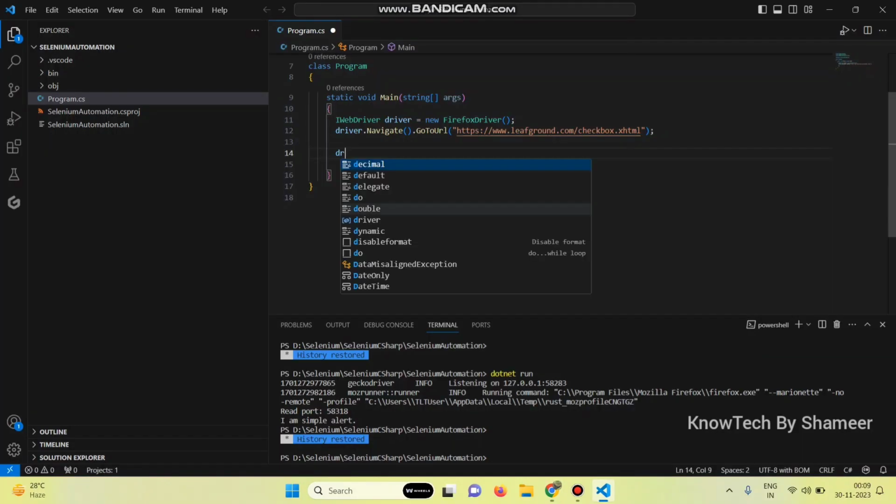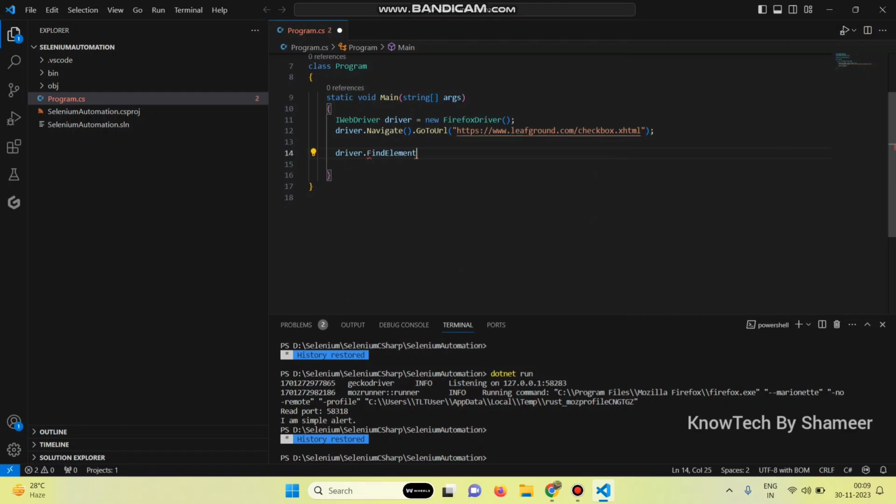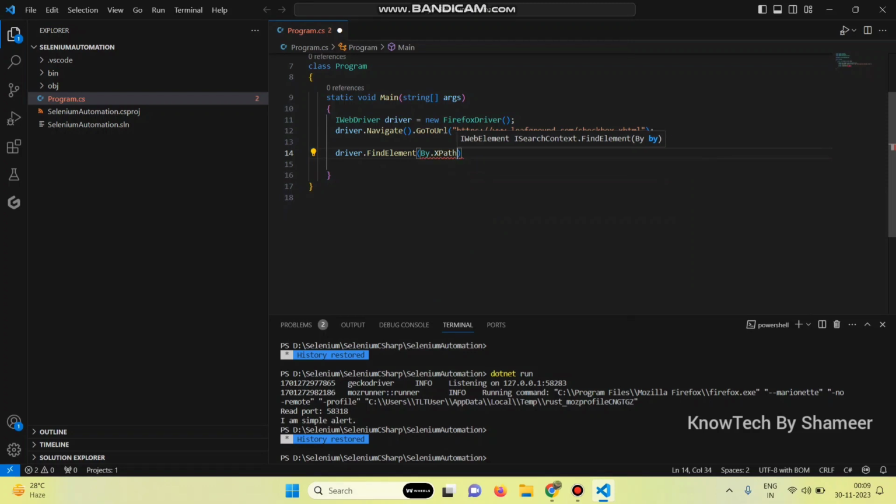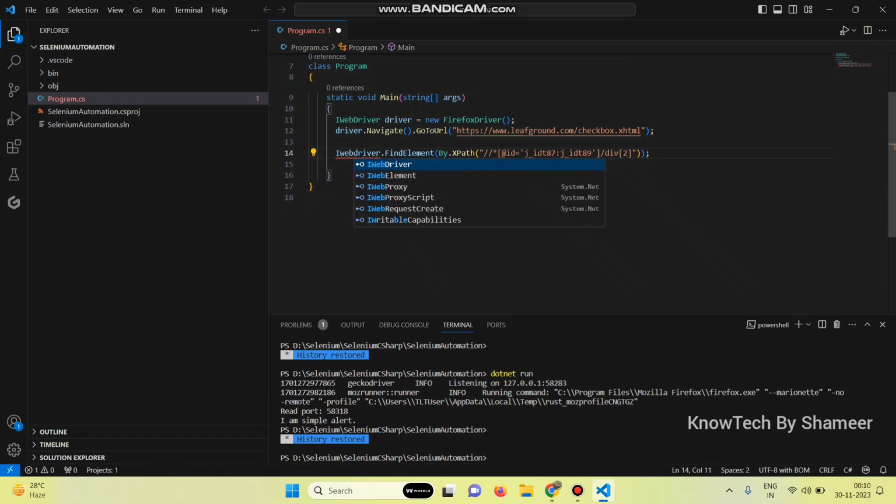Now write the script as driver.FindElement(By.XPath(. Then open bracket inside double quotes, paste the value which we copied and then replace the double quotes with a single quote. Now store this in a web element. IWebElement and here give any variable name, basicCheckbox, equal to